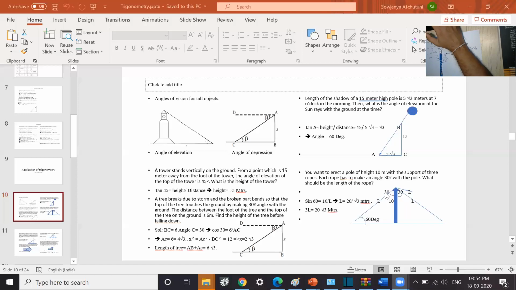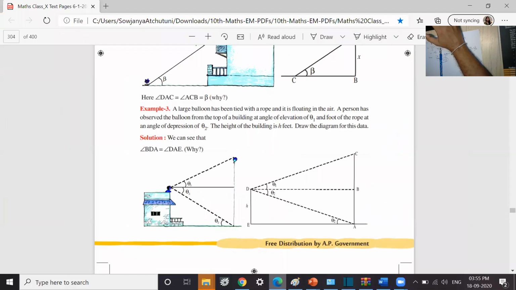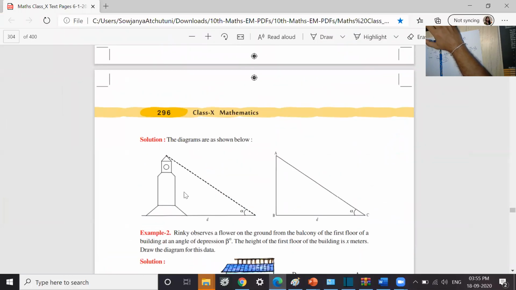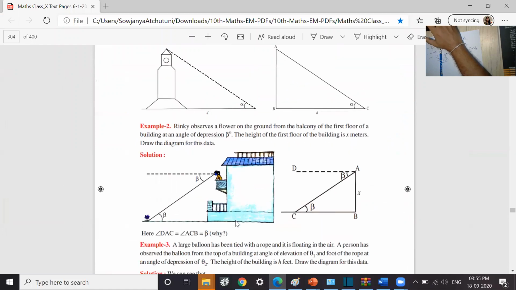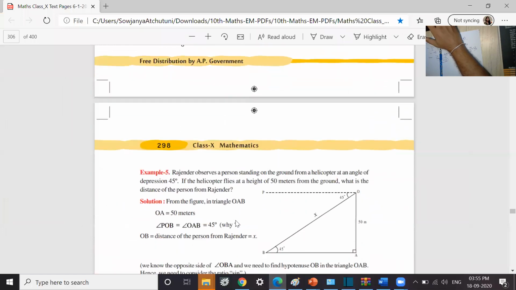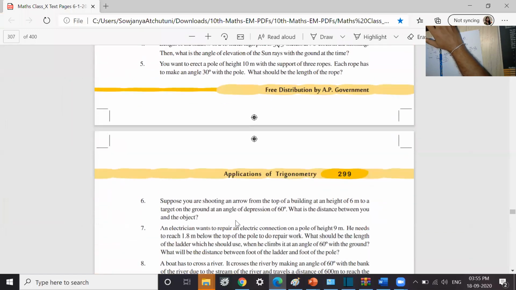So this is how practically we apply the trigonometric relations sin theta, cos theta, tan theta to find out the parameters. Here you see, without going to the top of the tower, we are finding out from the ground itself. We need not actually measure. By calculations at the ground itself, we can do the problem.